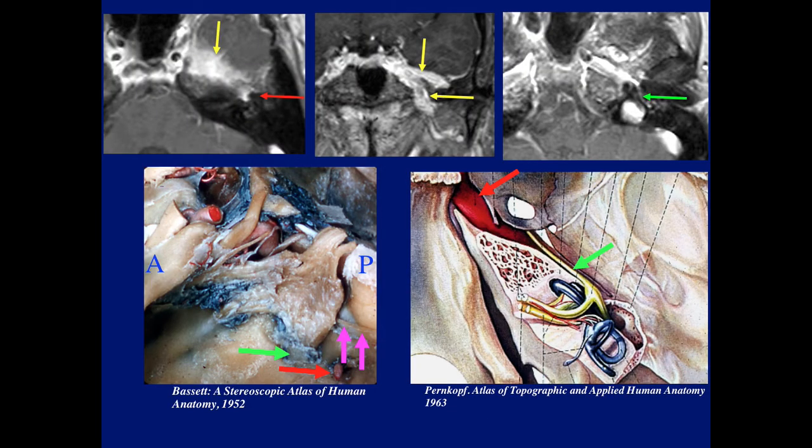It's a little complicated here, but there are two ways this endoneural spread can occur. One, through the greater superficial petrosal nerves I mentioned. If we look at this anatomic dissection, beautiful from Bassett's atlas, you remember, here's the trigeminal ganglion with the mandibular division, maxillary and ophthalmic. This is the greater superficial petrosal nerve that passes very close to the mandibular division, and right